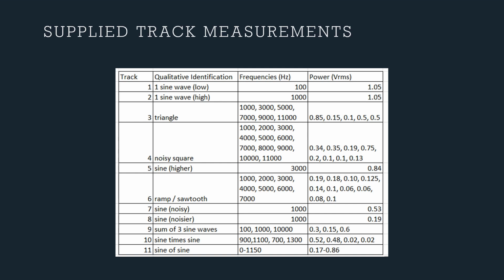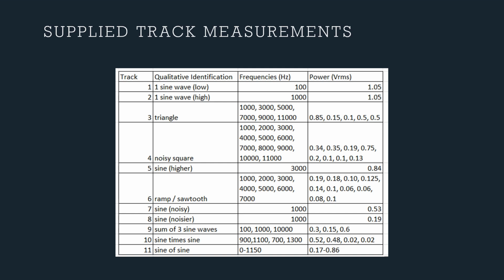other odd thousands. Track 4 was a square wave, which I thought had a bit of noise, which had a peak frequency at 1000 and 2000 Hz with harmonics every 1000 thereon. Track 5 was the highest pure sine wave at 3000 Hz. Track 6 was a sawtooth function with peak frequency of 1000 and 2000 Hz and other harmonics in the thousands